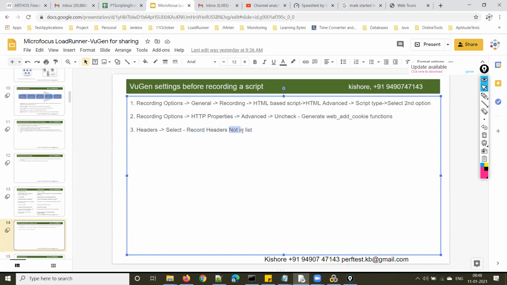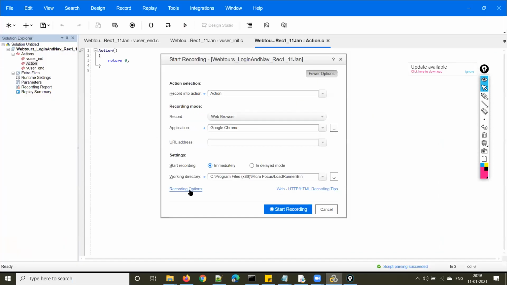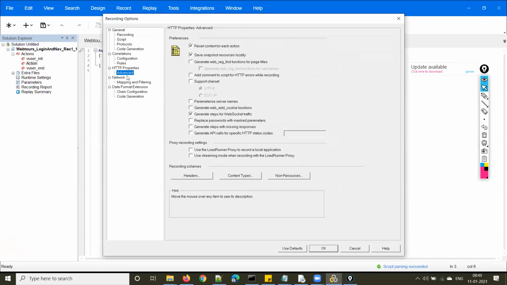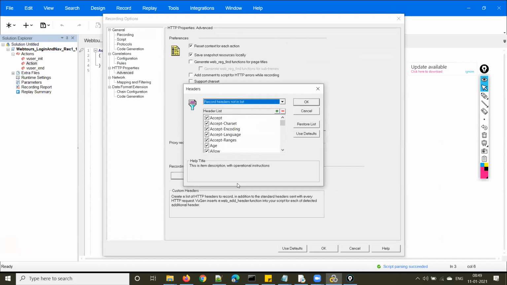Okay. Hold on. So go to headers, select recording options. Under here, in advanced only, headers, right? What is there for you by default? If you want to see the default one, I made some changes.